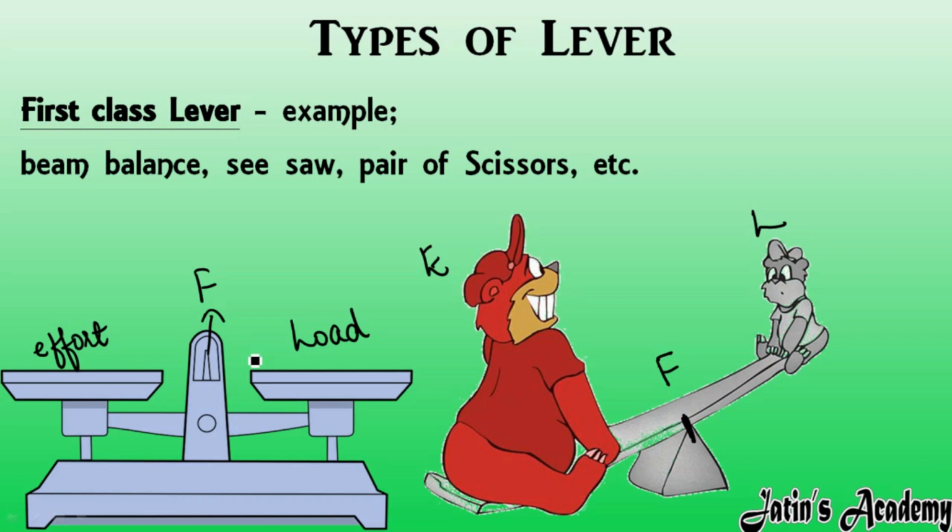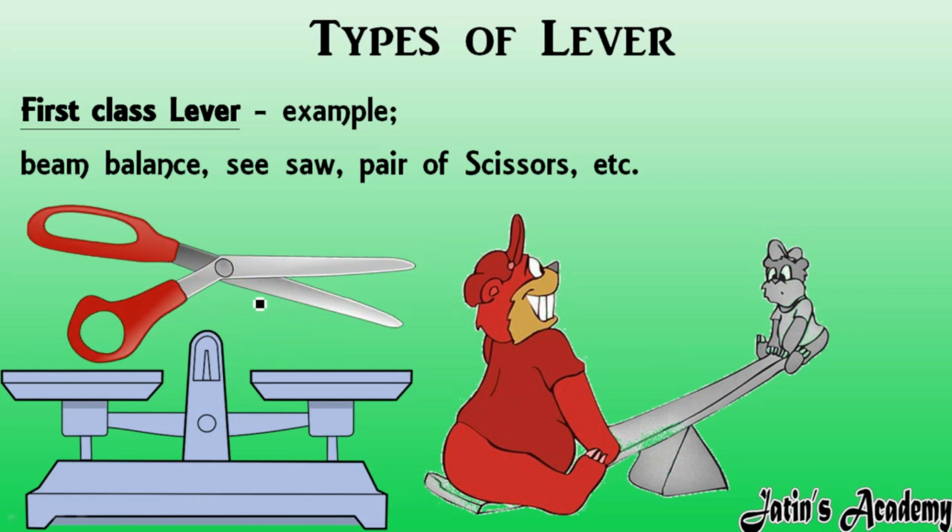Fine. Next we are having a pair of scissors. In a pair of scissors, see carefully, around this fixed point this scissor is going to rotate or move. Okay, this fixed point is known as fulcrum, and we are going to apply force here on the hands of scissor. So here wherever we are going to apply force on a machine, that is known as effort, and here we are having load, means here we are going to put a piece of paper or cloth in order to cut it. So here we are having a load. So you can see carefully, you can see properly that fulcrum is in center, load and effort are on side. So scissor is which class lever? Scissor is first class lever.